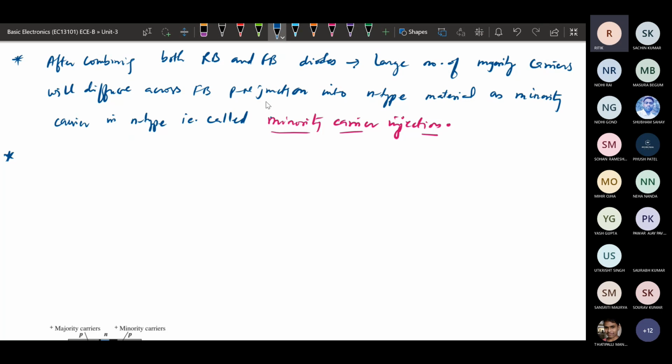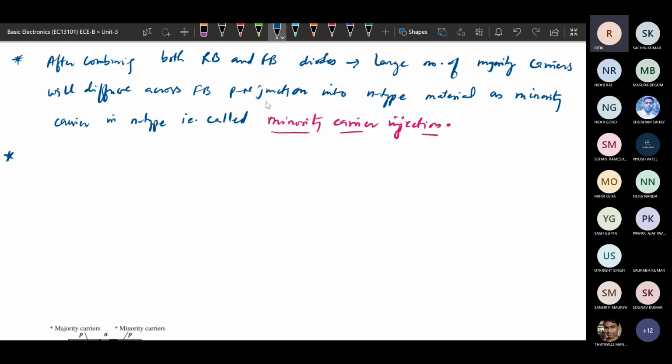So the first is diffusion of majority charge carriers, and the next one is minority carrier injection.